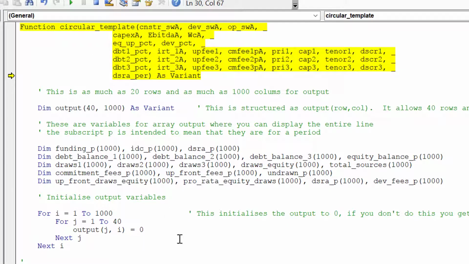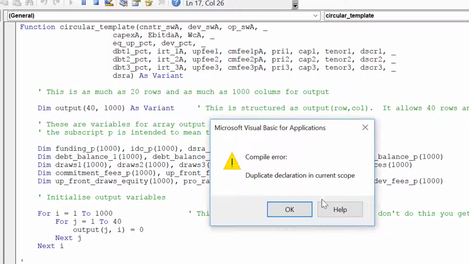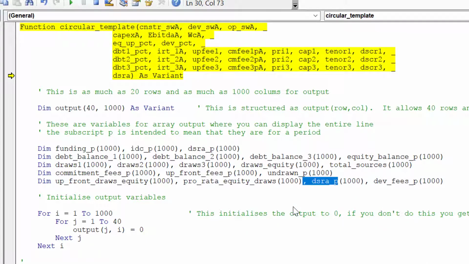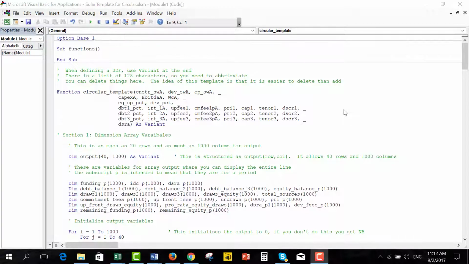what did it say? Just a minute. Oh, shoot. Okay, it says duplicate declaration. Did I have a DSRA period here? I can't find it. Uh-oh. Now, something amazing really happened. It's almost sad. I wanted to write